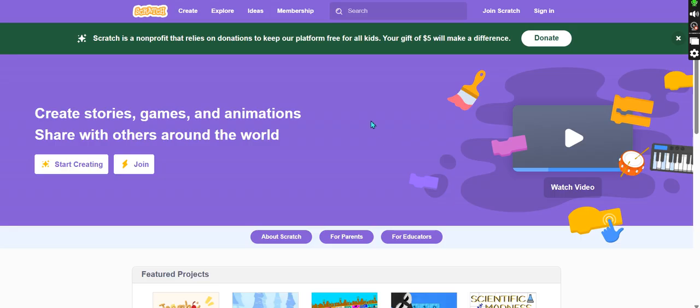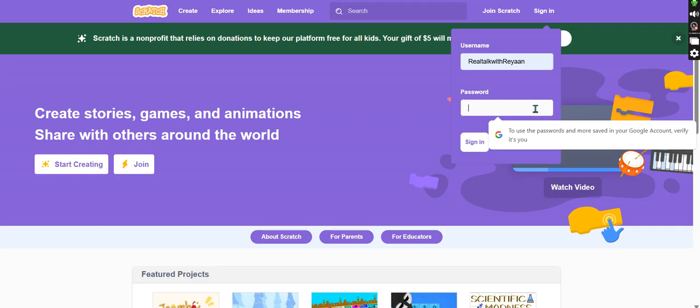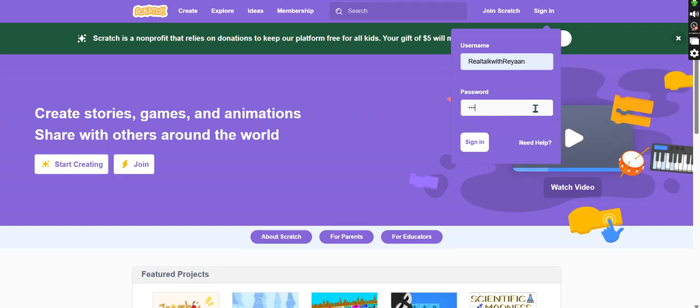But before that, I'm going to show you a way to. If you are a new Scratcher, like a new person to join Scratch, look where my cursor is. If you are new, click the Join Scratch button. If you are already a Scratcher, like me, click the Sign In. Anyways, once you've followed what I said,